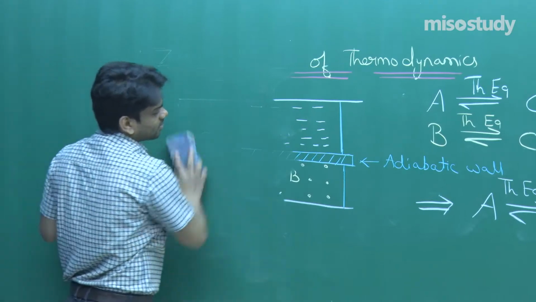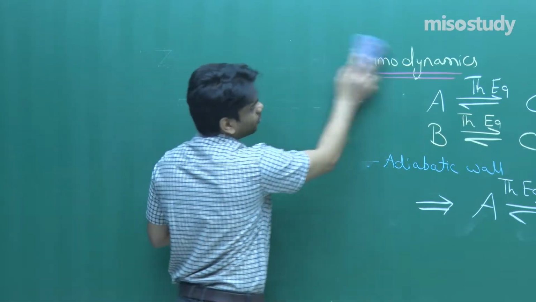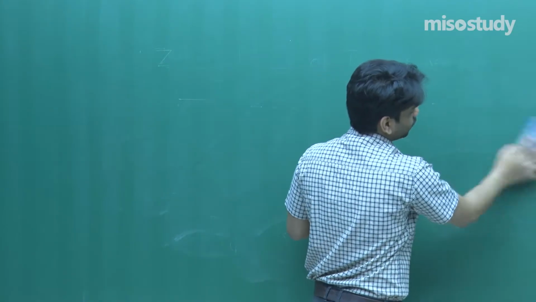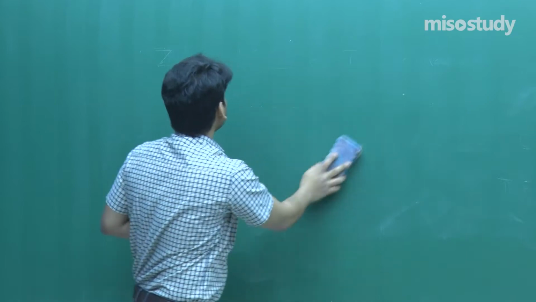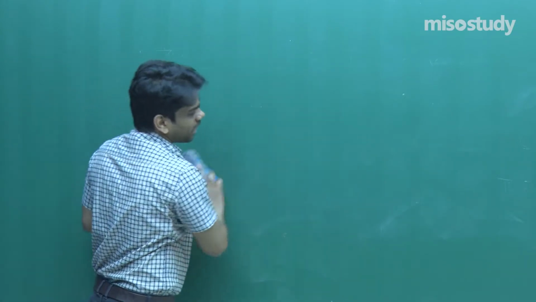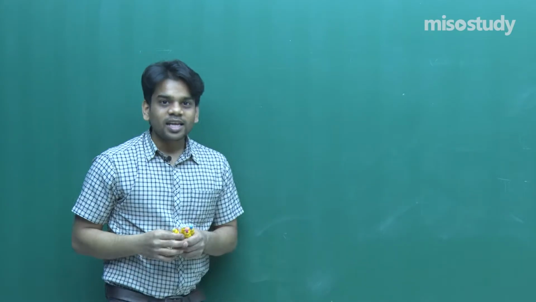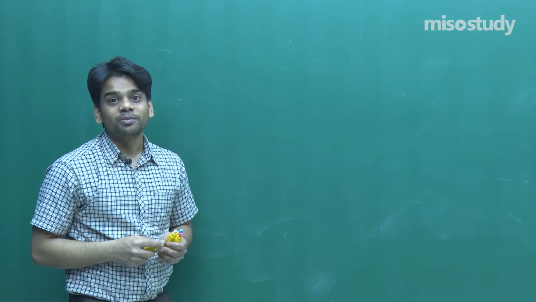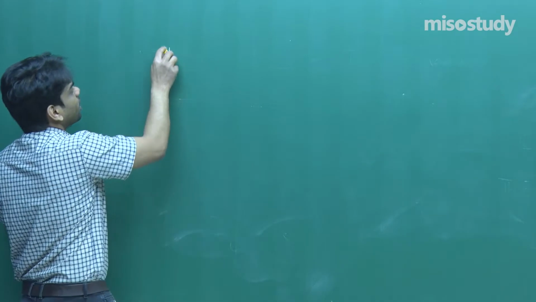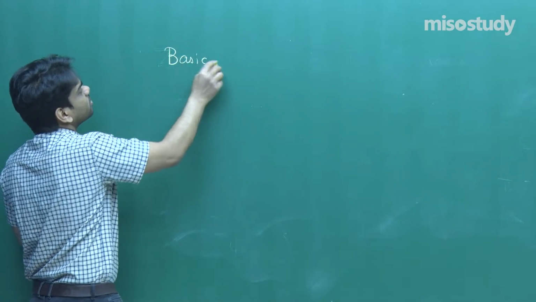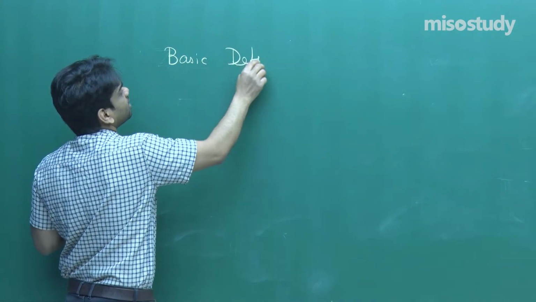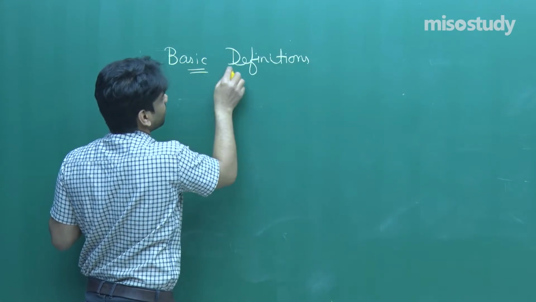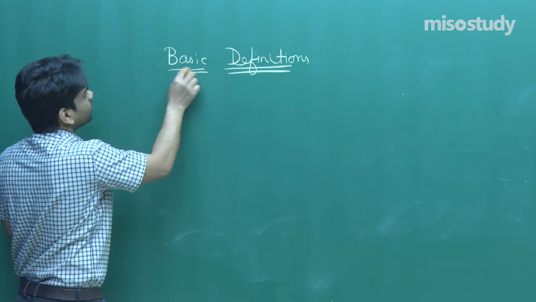So as this is simple, we'll try to make the other concepts in this chapter far simpler and easy to understand. Now, before going into the depth of the chapter, let us have some knowledge of some basic definitions that will be used in this chapter. So I will detail for you some basic concepts that we will be using in this chapter. Basic definitions. Let's start with the first one,